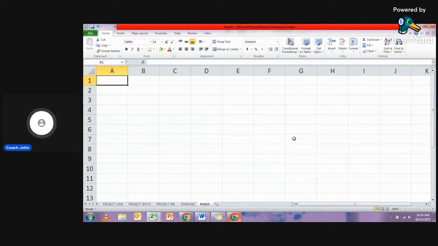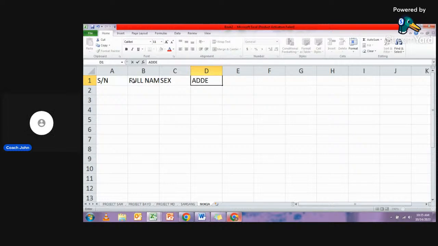So your boss is giving you a task, Messi, and says, prepare a registration sheet for people. So what you do first of all is come to A1, you type serial number, enter. So enter takes you down. So what you can do, you can use tab. Tab moves you to your right. So serial number, full name, tab. So he wants a registration sheet, full name, sex, tab, then